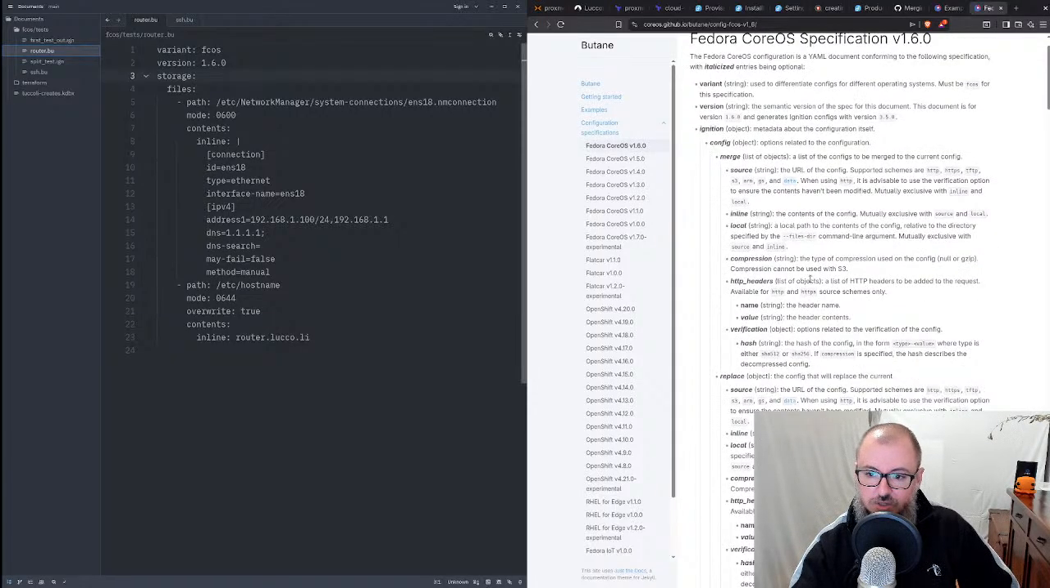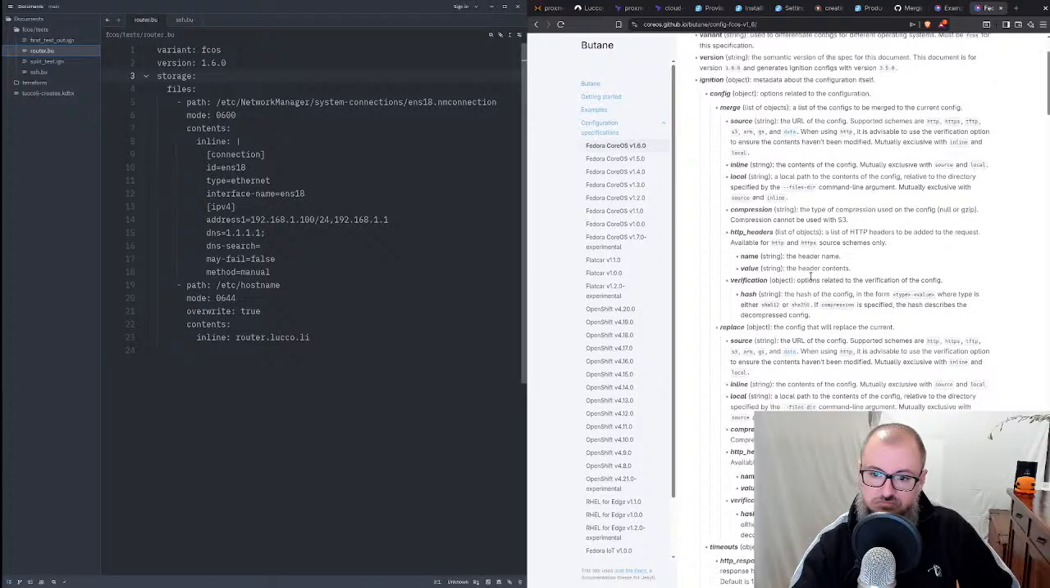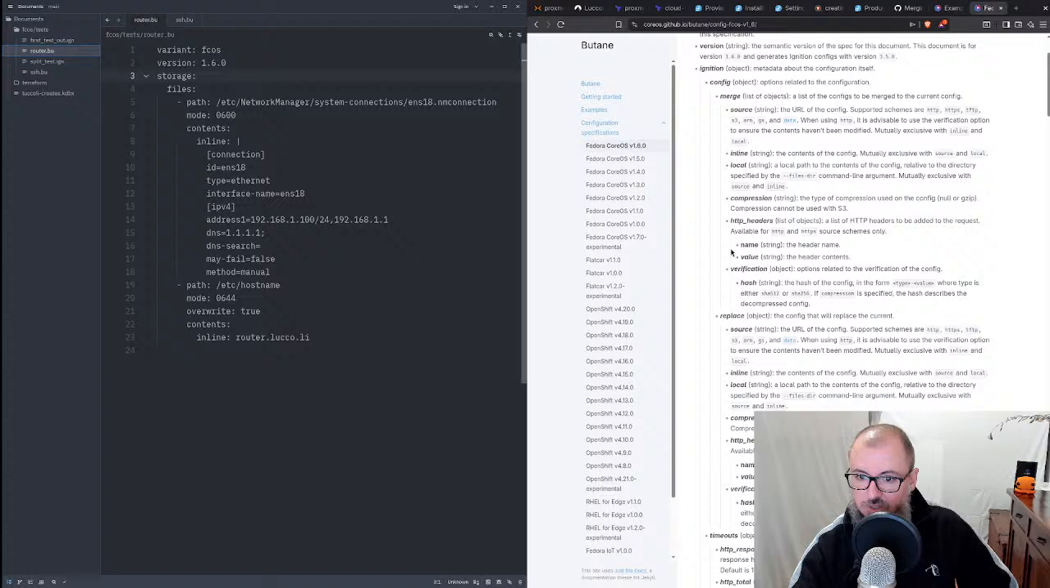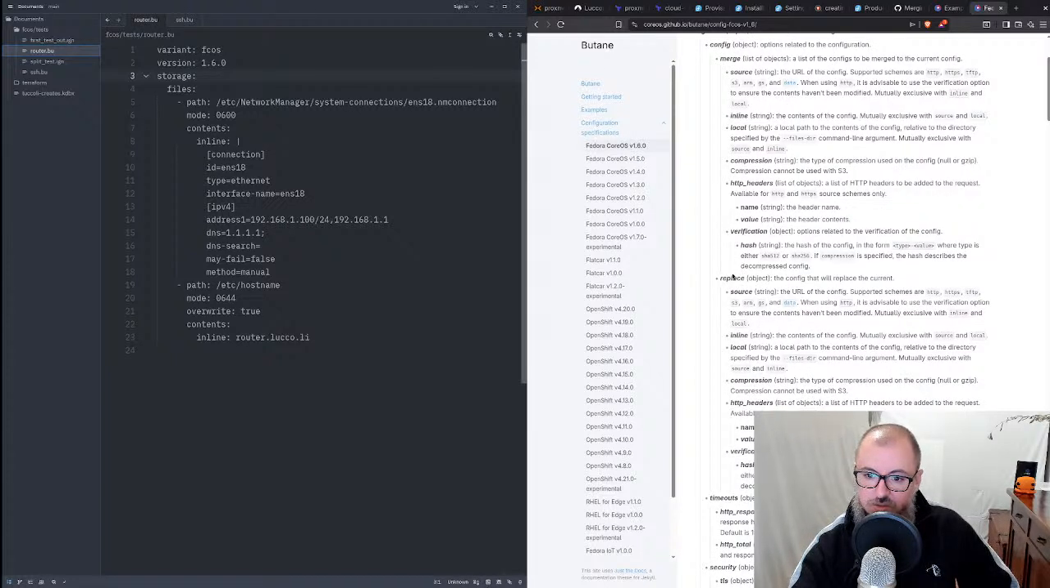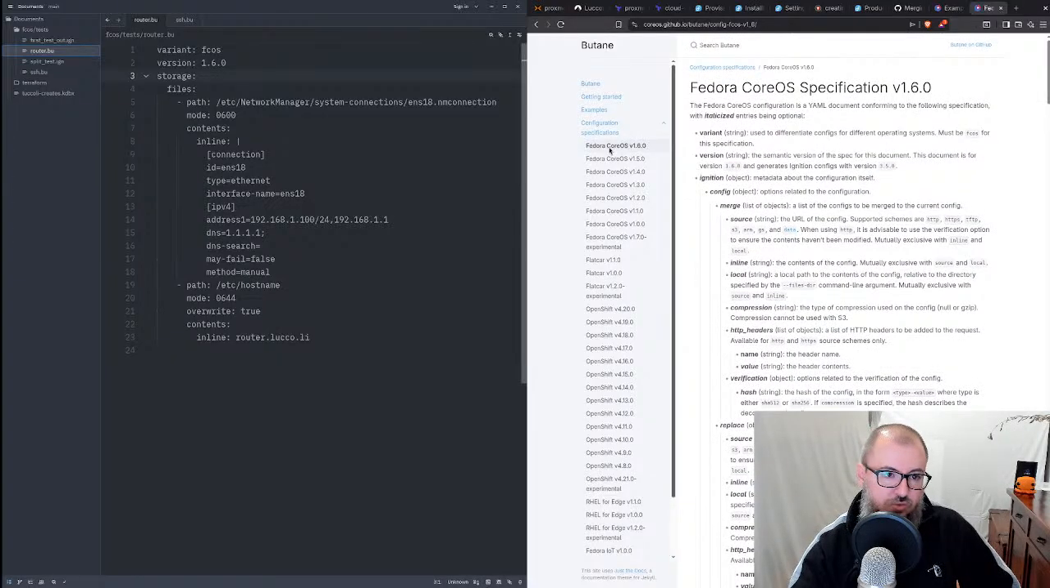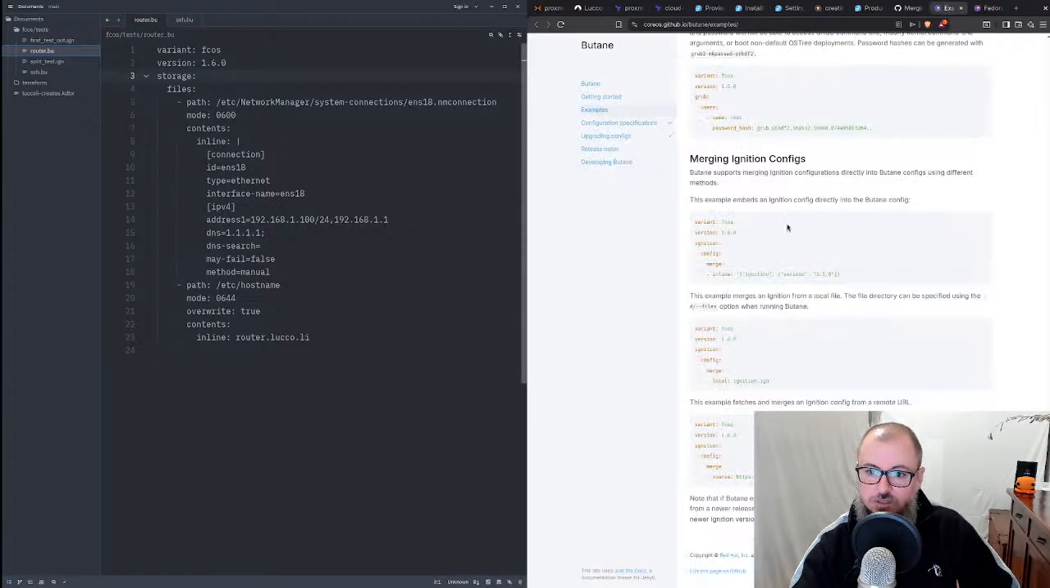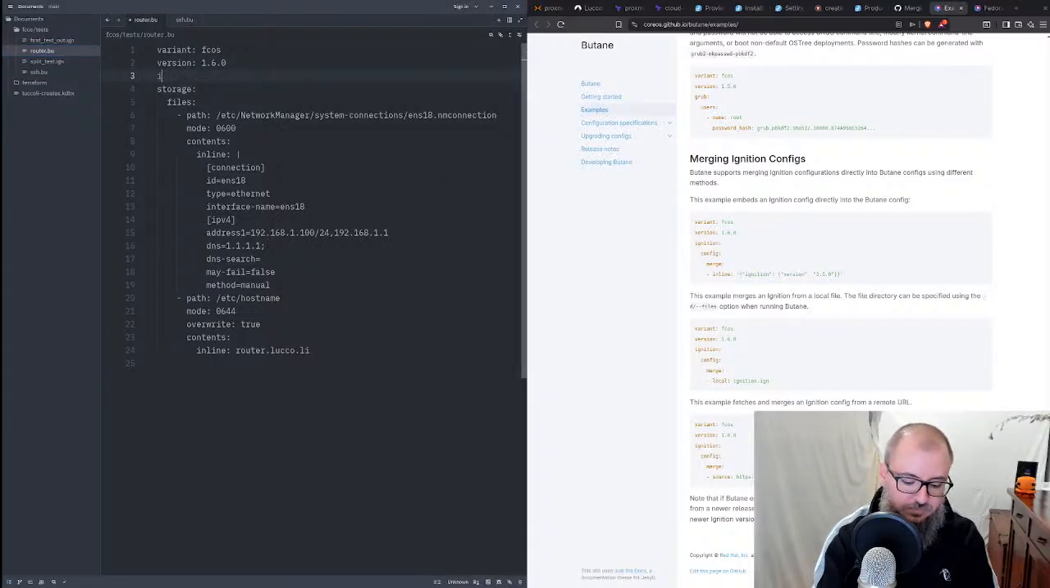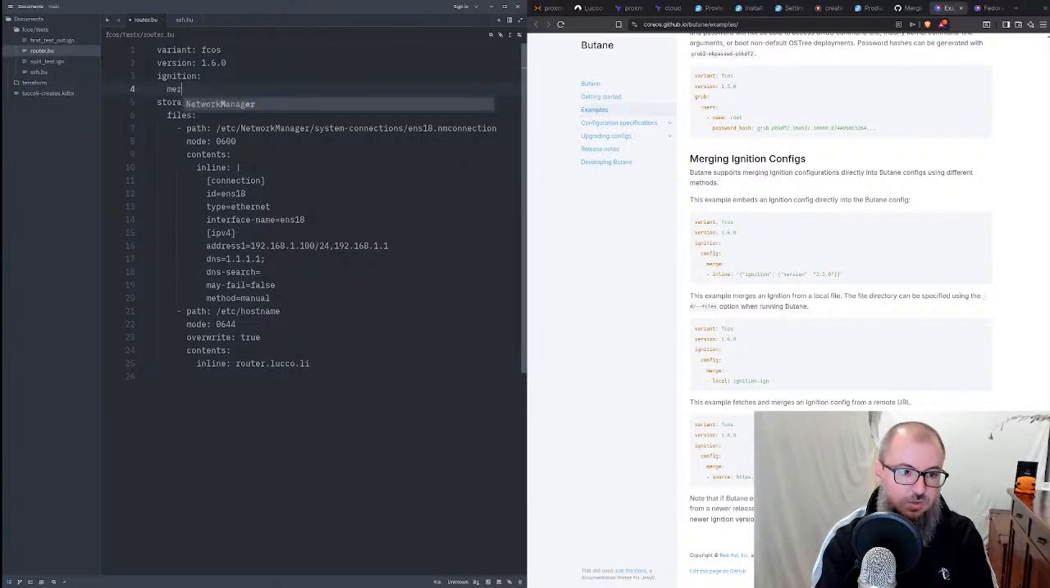Okay. Compression. Nothing that I care about. HTTP headers, verification, and that's it. Because replace is on the same level as merge. Okay, so the one I want to do, it turns out, is merge. And the example was saying ignition, and here, ignition, merge, no, config,